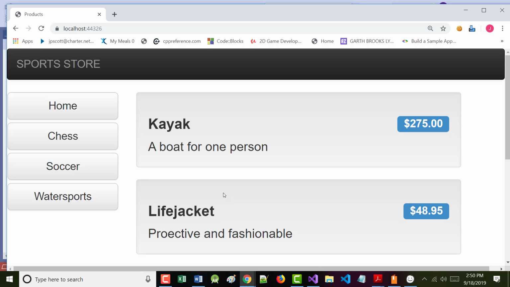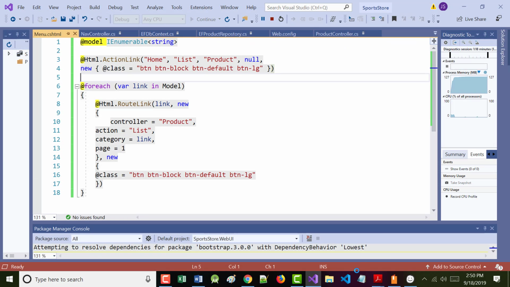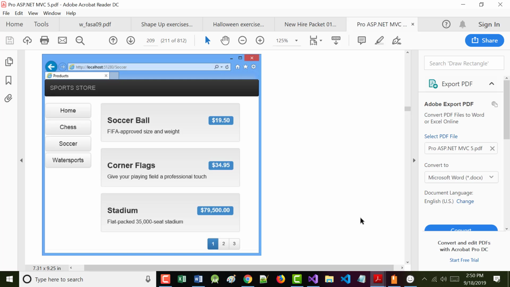So what we want to do is add some highlighting so that the user can tell exactly what category is the active category. That's what we do next, starting on the bottom here of page 209. So I'm going to stop the run, jump back into the PDF here.